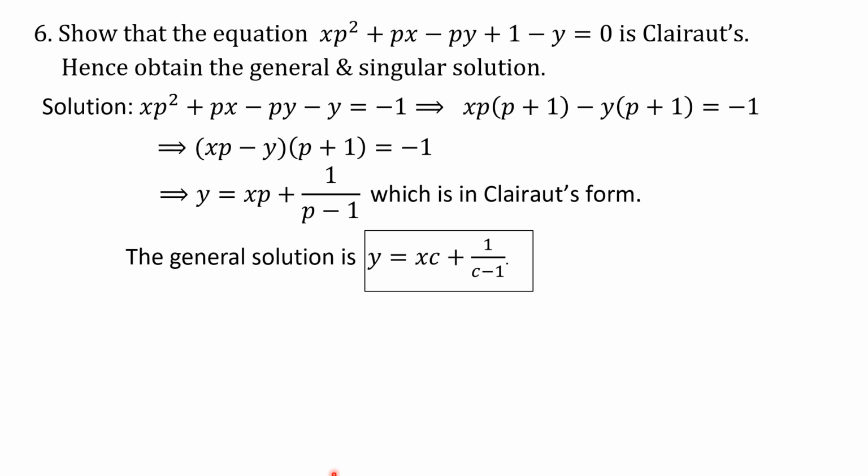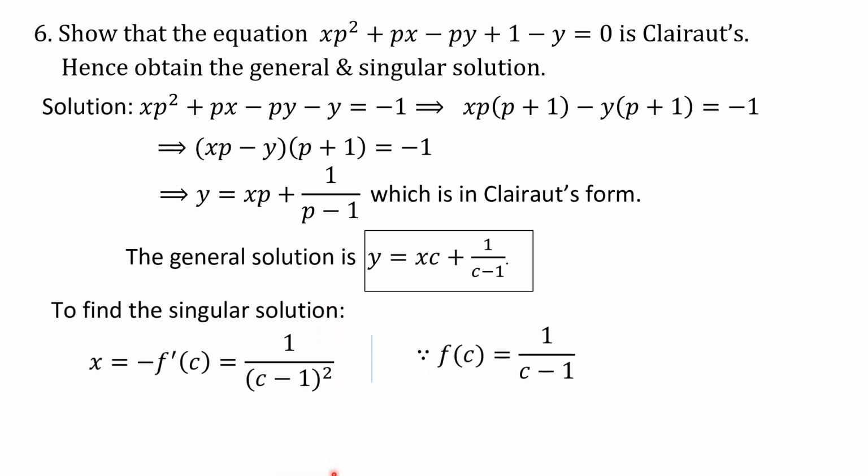Since we need the singular solution, we go for finding the singular solution. So let me take x equal to minus f dash of c, we know that. So I try to substitute for f dash of c. What is f of c? 1 over c minus 1. So the derivative of this is minus 1 over c minus 1 the whole square. So minus is already there, so minus of minus, so plus 1 by c minus 1 square. So I can extract c: c minus 1 the whole square is equal to 1 by x, or taking the square root on both sides, c minus 1 equal to 1 by root x, or c is equal to 1 plus 1 by root x. So root x plus 1 by root x.